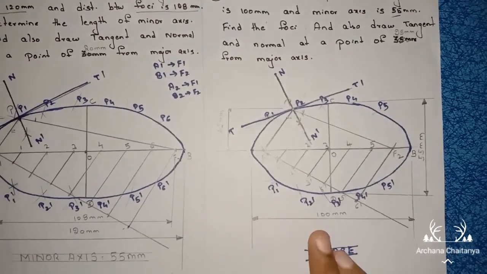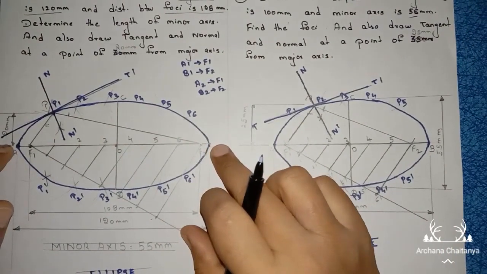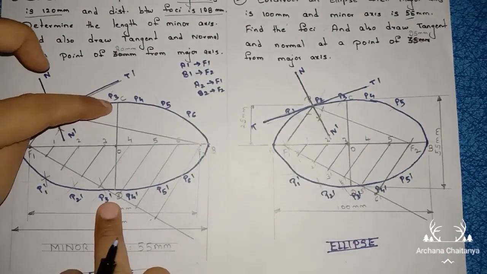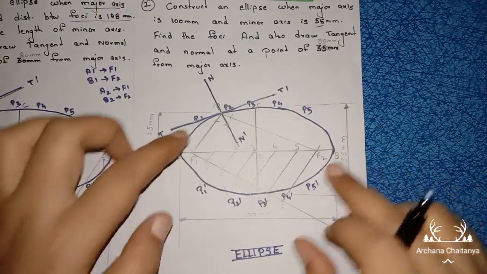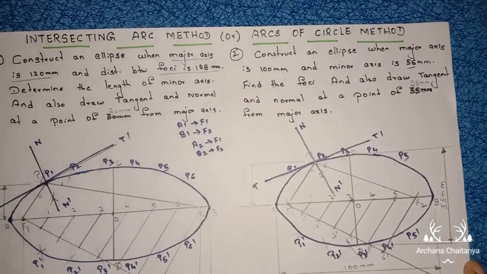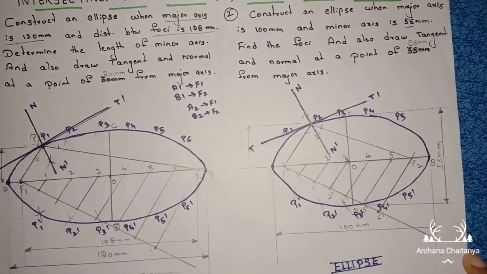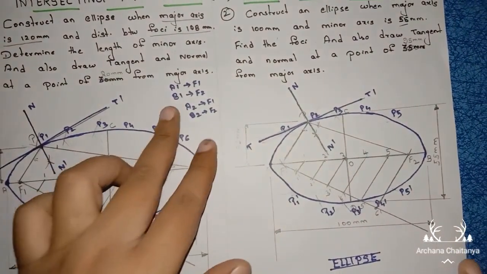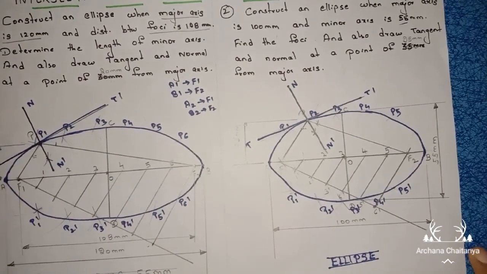So on. Now ellipse should touch major axis endpoints and minor axis endpoints, right. So please be careful while drawing these problems. These two problems are very important, right. Practice 2 to 3 times you will get it, but be careful while drawing the arcs and you should get the correct shape of the ellipse.